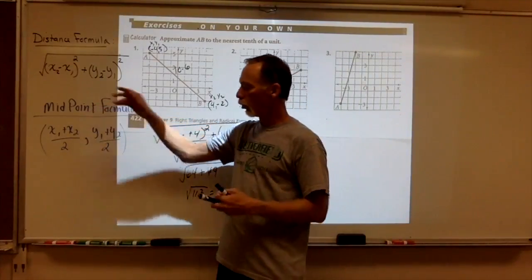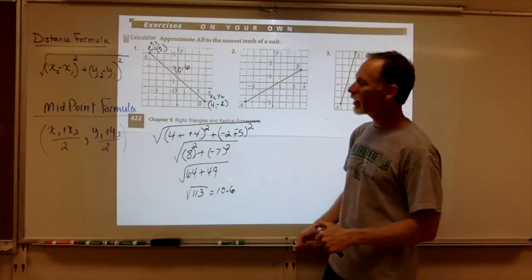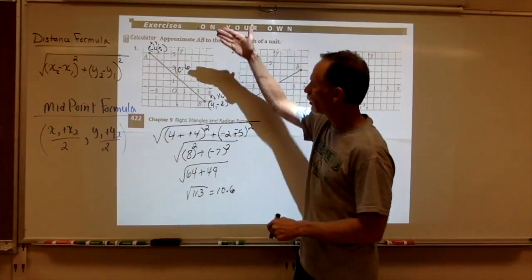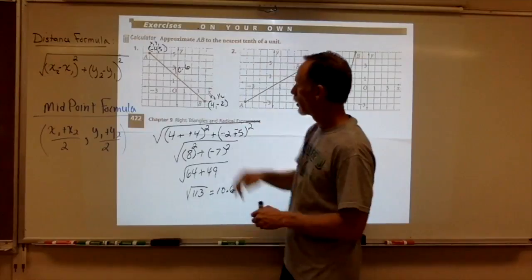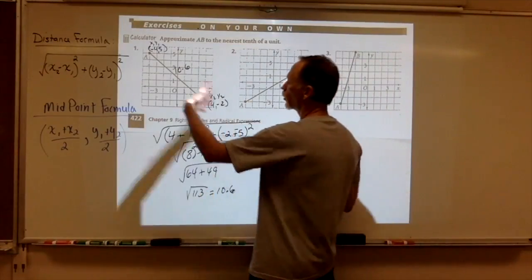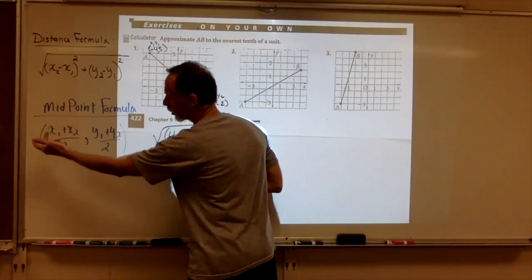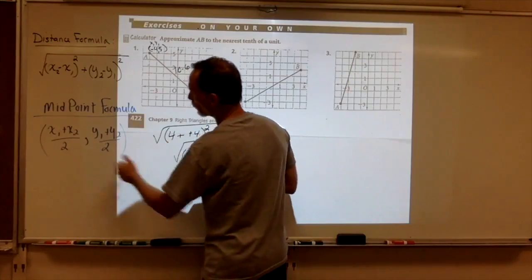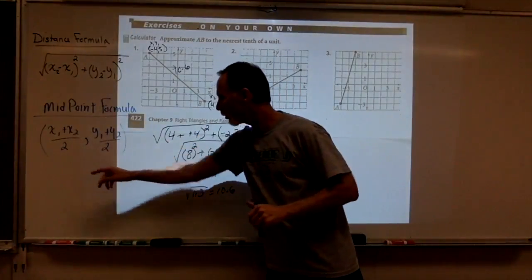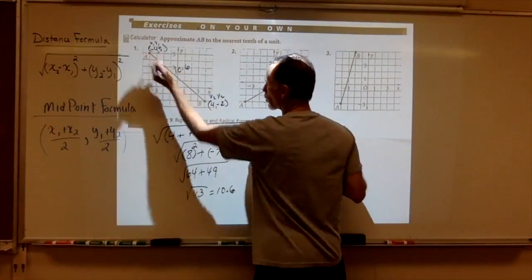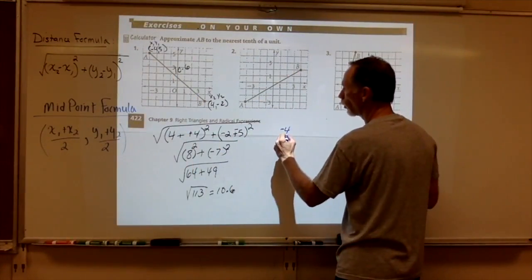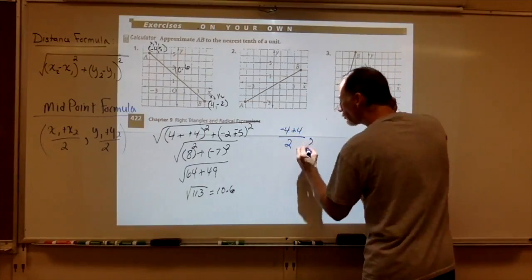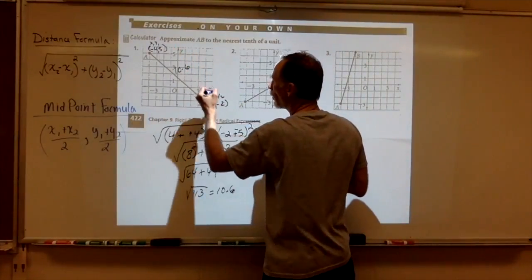Next, the midpoint formula. The midpoint formula basically is the averages of the x's and the averages of the y's. So I'll use the same ordered pairs. It doesn't matter which goes first, because we're adding them and dividing by 2. But the formula says x1 plus x2, add those, divide by 2. This is an ordered pair, that's why you have the comma there. So it's a location. So I take this and I go -4 plus 4 divided by 2, because there's 2 numbers, comma, 5 plus -2